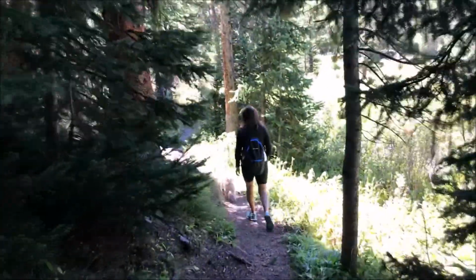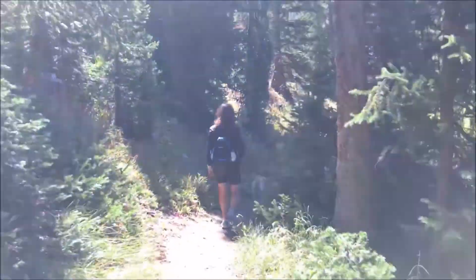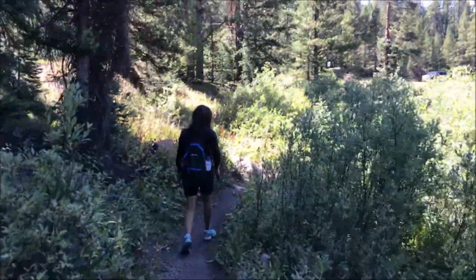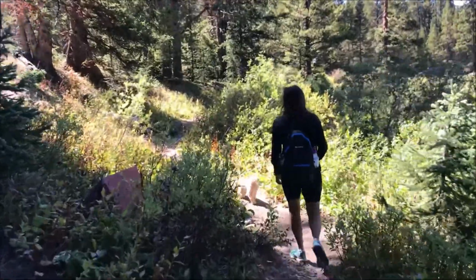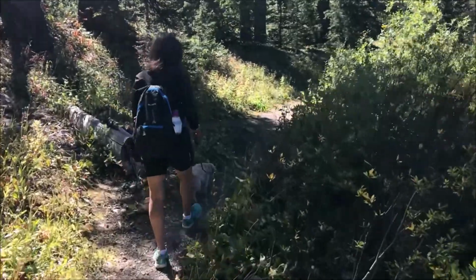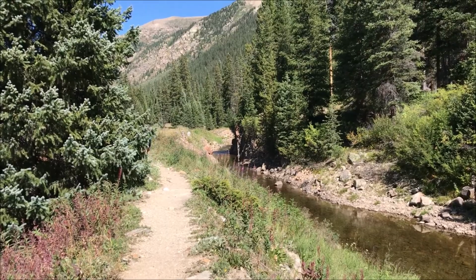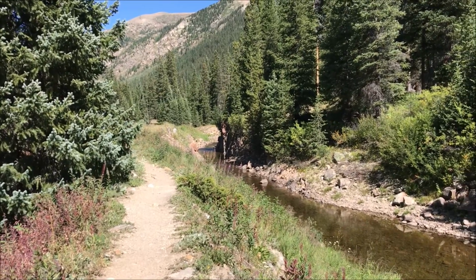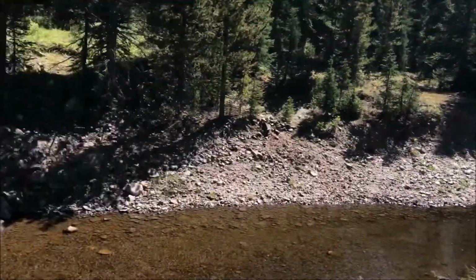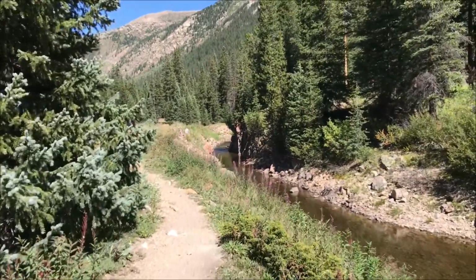We also picked this one because it's dog friendly, and we have our dog with us today because we're switching hotel rooms. So she has no place to stay if we go on a hike. So you can see she's leading the trail right now and helping us get to where we need to get to. Because of a phone meeting we had to ditch the other trail and go on this one. It's right next to Lost Man. Still pretty, but it'll be a little faster because we got to be back by 5 o'clock in the room,